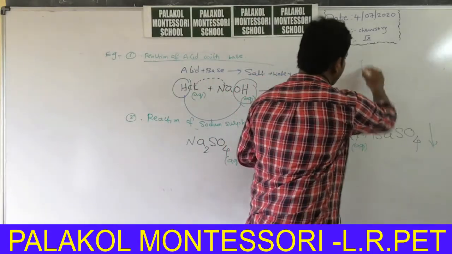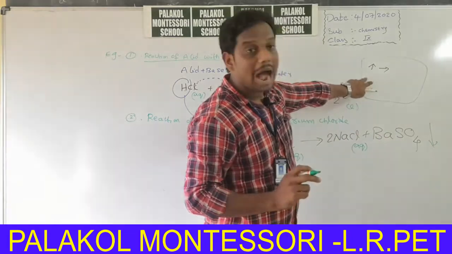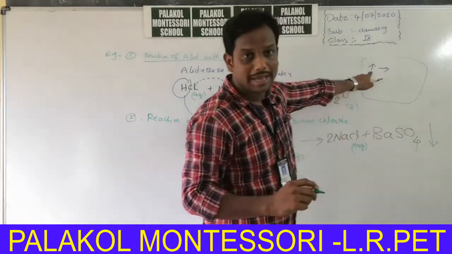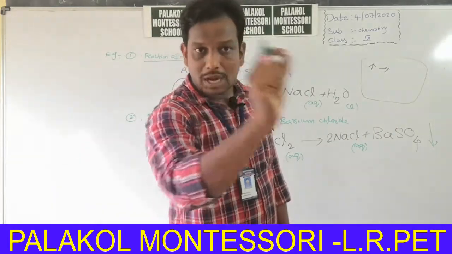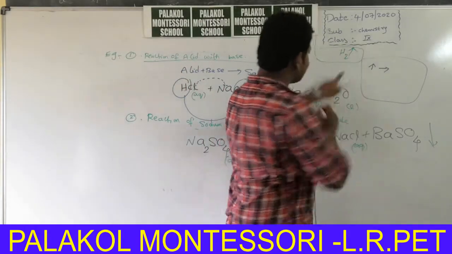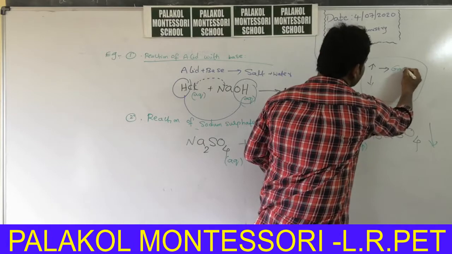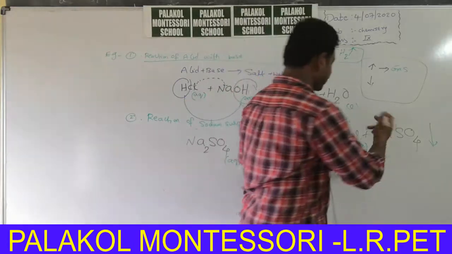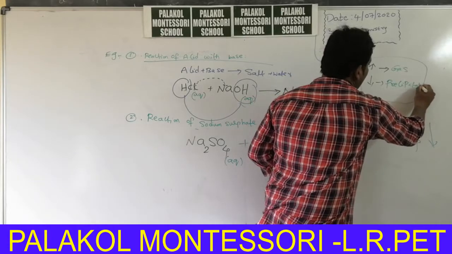Listen, very important point. In chemical equations, an upward arrow indicates gas liberation, release of gas. Whenever you observe this type of symbol in a chemical equation, that is related to gas. Say for example, H2 with an arrow mark like this, that means hydrogen gas. Whenever you observe a downward arrow in chemical equations, that is nothing but precipitate.